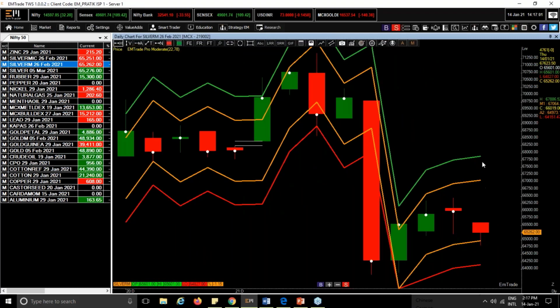Again, I repeat, you get the 4 bands on your screen: the 1st band, 2nd band, 3rd and 4th band. So the first 2 bands and the last 2 bands. Start from the first and count 1, 2, 3, 4. So the 3rd band is your entry price, where you have to enter into the trade. That's a very simple indicator. And the 4th band is your stop loss for taking the long trade.